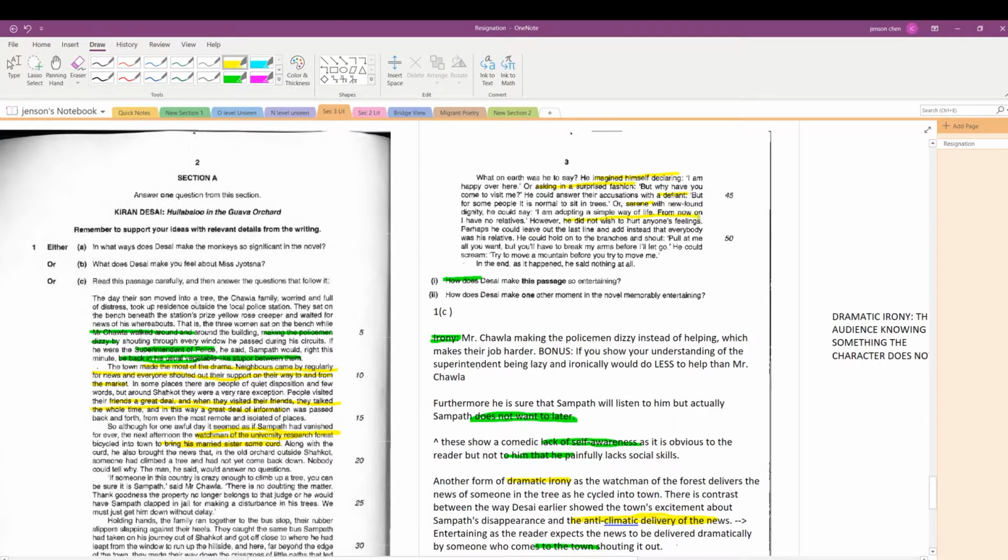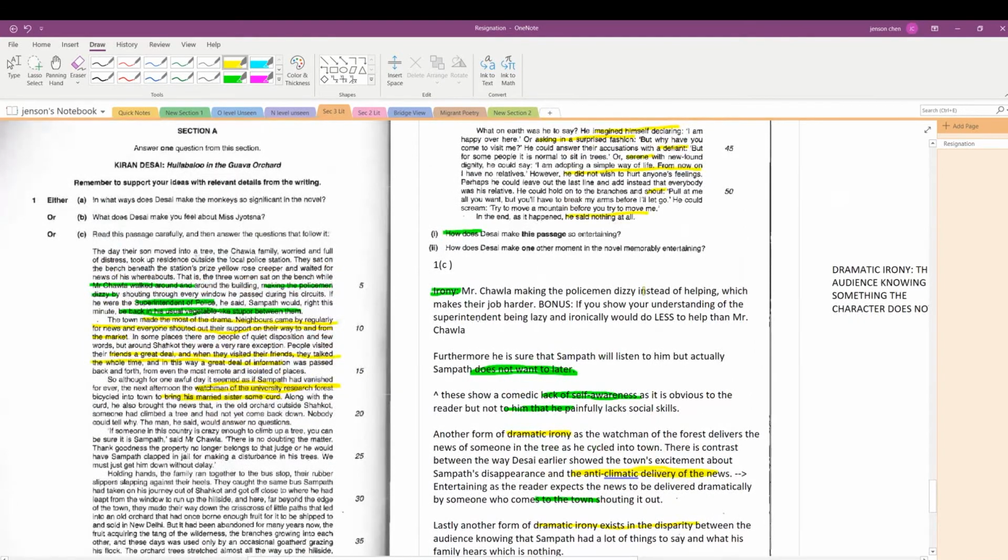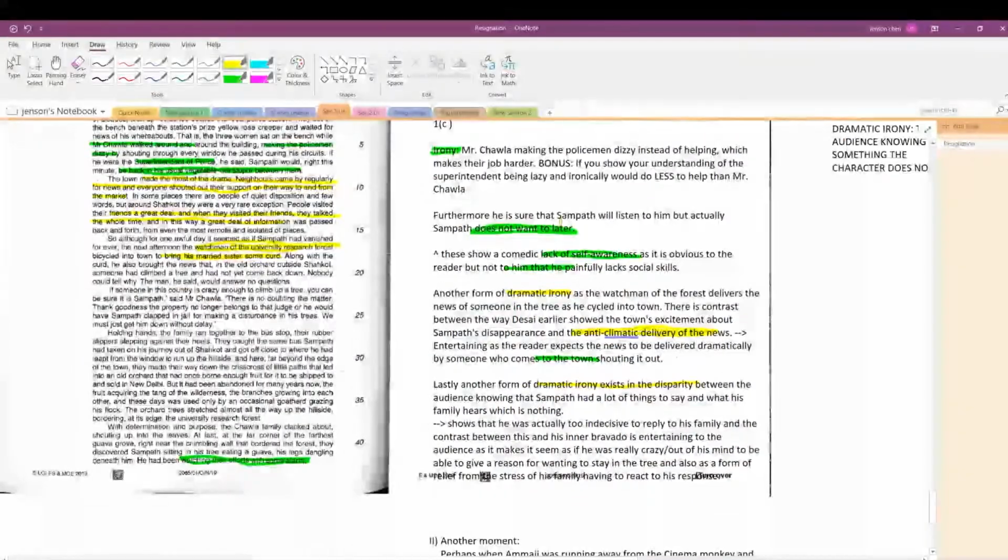However, he did not wish to hurt everyone's feelings, wanted to shout, but in the end he said nothing at all. So the dramatic difference between the 6 possible options he considered and the choice he made, which was to choose none of them, which resulted in him being very indecisive, is of course a hilarious contrast between that and his inner bravado, as it really makes it seem to the audience that he's really out of his mind